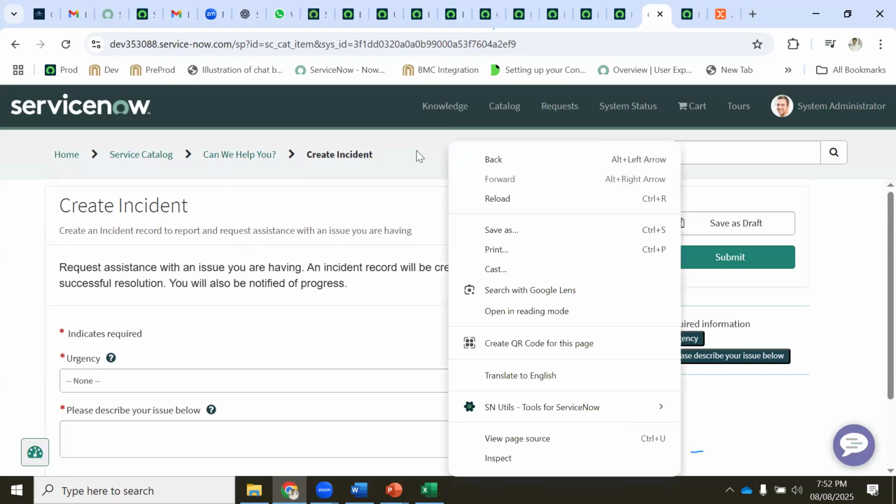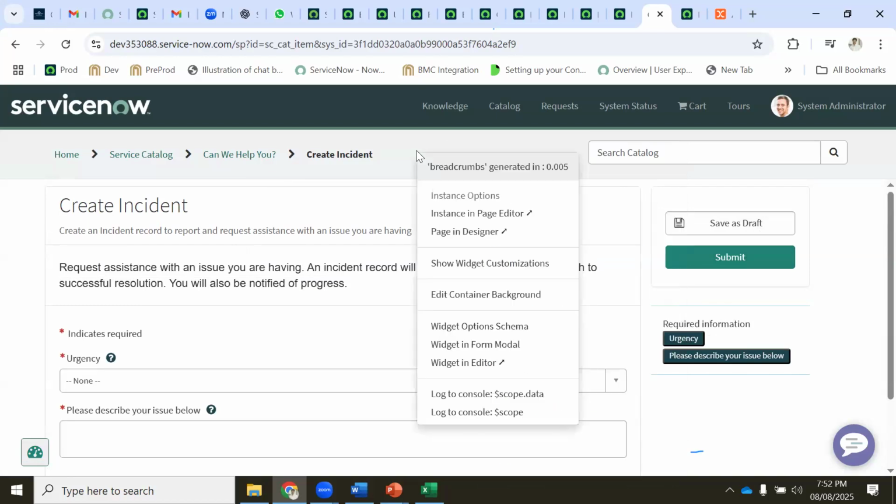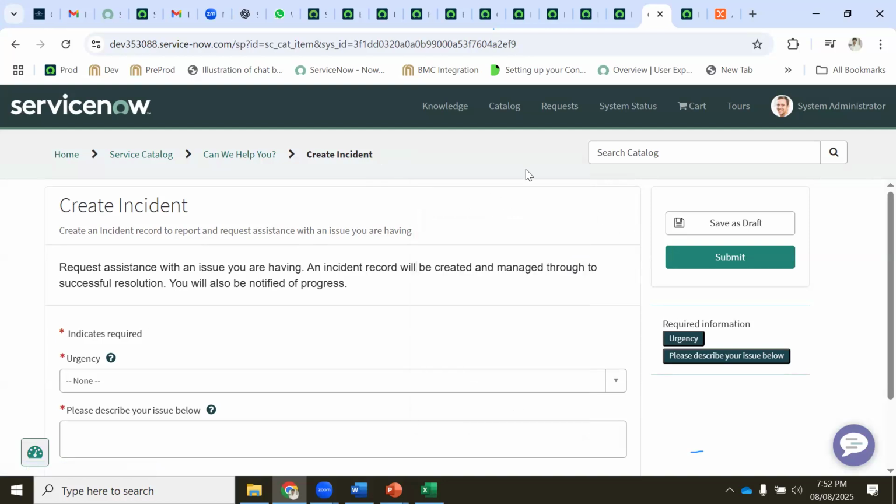When you press control and right click, if you are an administrator, there are multiple options you get: instance, page editor, page designer, show widget customization, and widget editor. Widget is nothing but the backend of how the form is designed. We will come back to this later, so don't get confused.